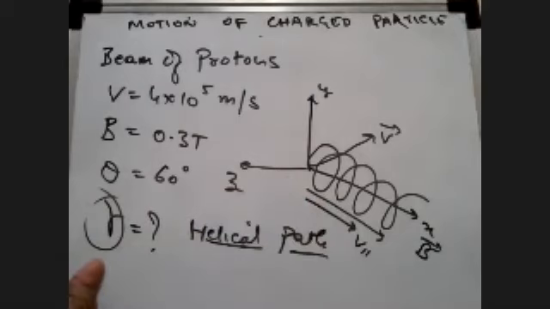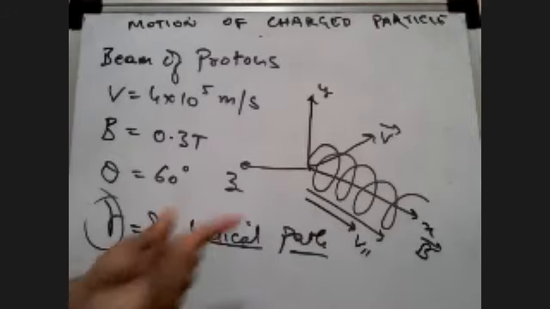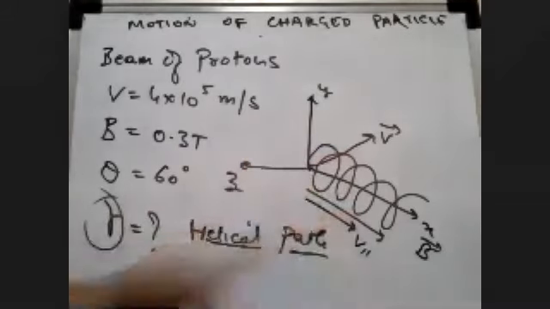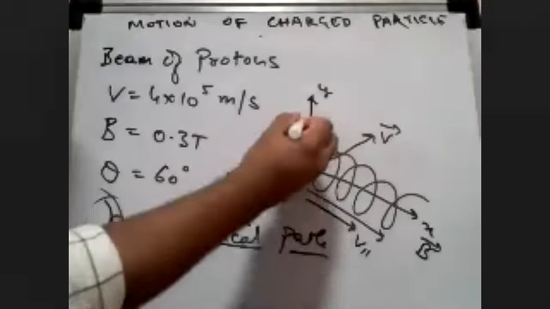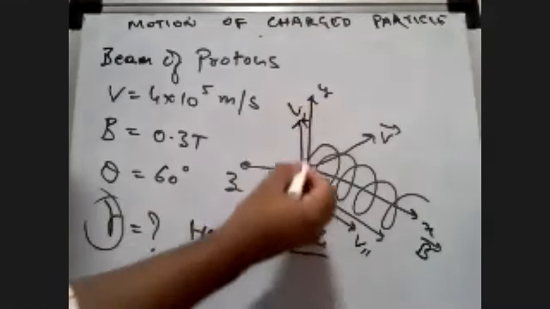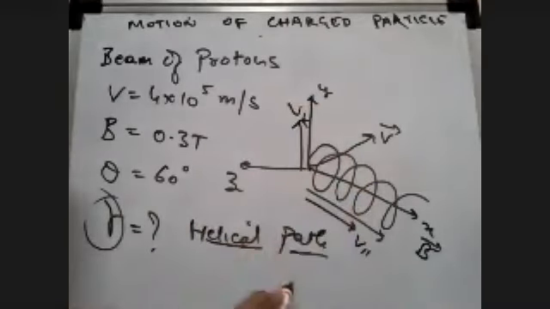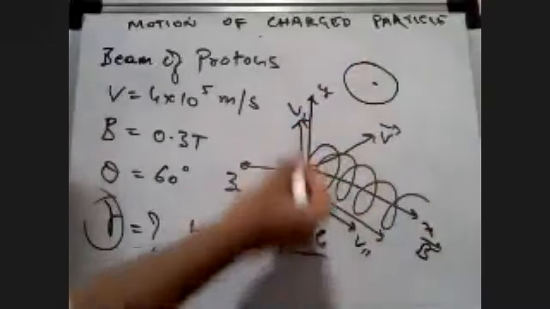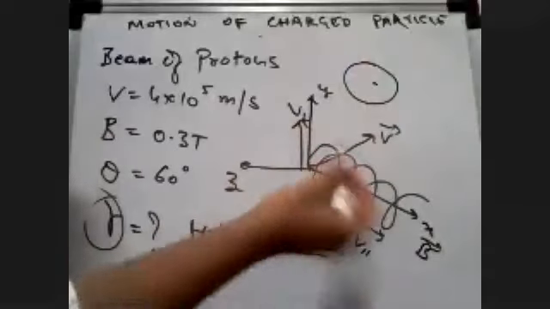But v parallel component is the reason why the helix is being created. If I'm asking you what is the radius, then what do you use? V perpendicular. Is that clear, students? That is the mistake we make everywhere. Even I do, no problem. So v parallel is the reason why the charge is going forward, but v perpendicular is the reason why it is in circular motion. And if it is in circular motion, it is simply a circle. In that case, if I find v perpendicular, I can find the radius.